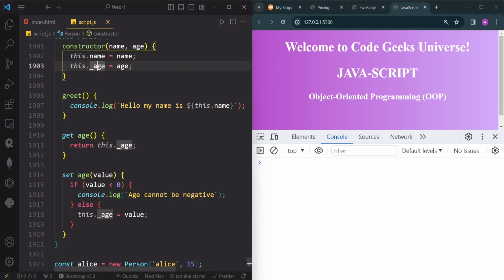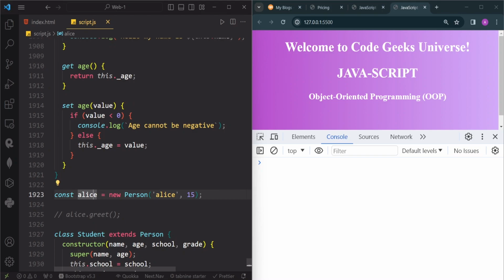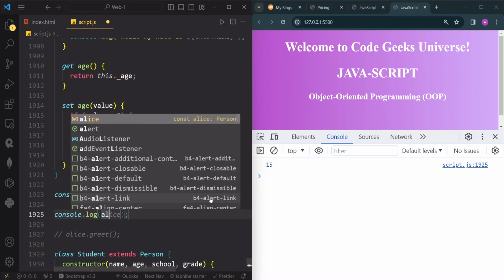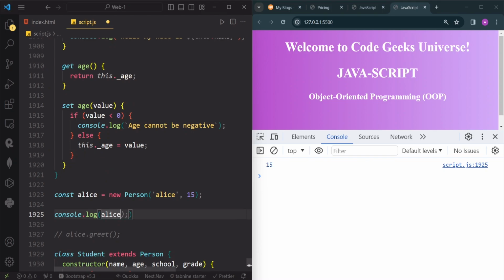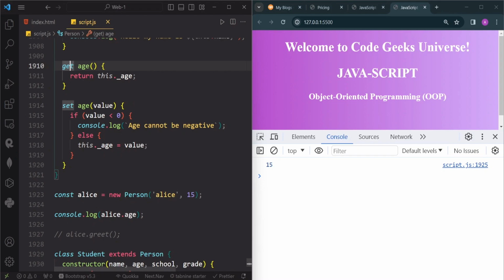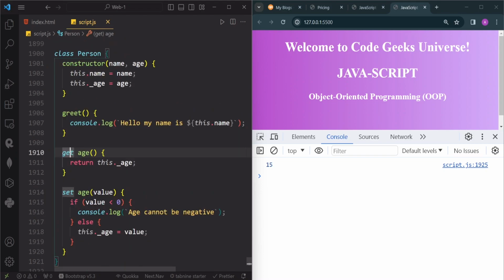Now let's see how we can use the getter and setter to get and set the age property of this person object. Now to get the value of the age property, we can simply write console.log alice, which is the name of our object, dot age. Now if I hit save, you can see we have our age, which is 15. Now here behind the scenes, JavaScript is actually calling this getter method that we defined